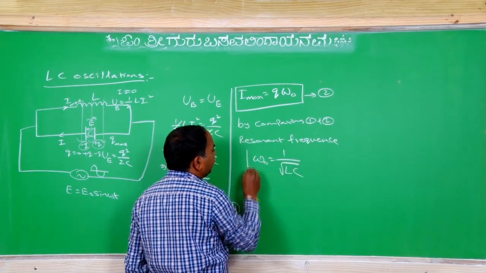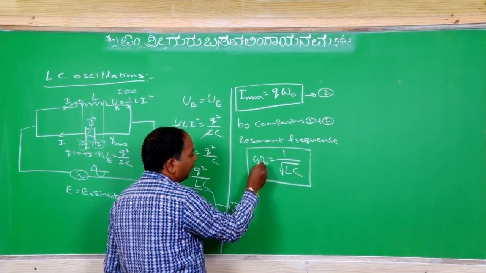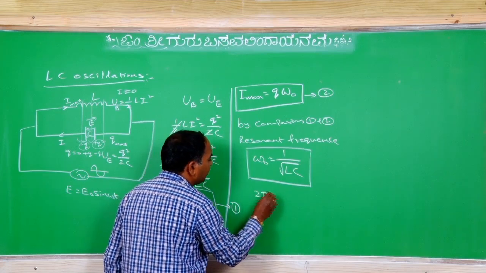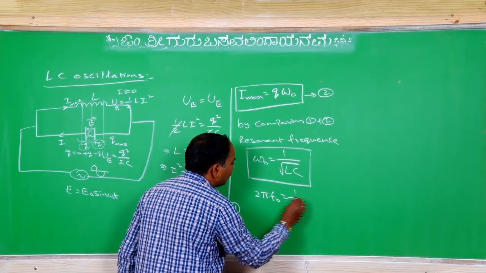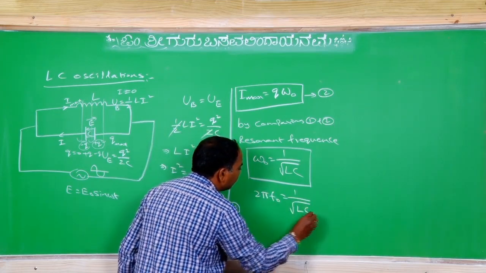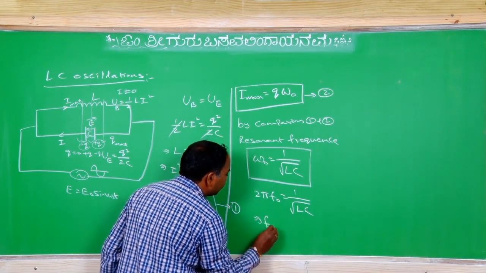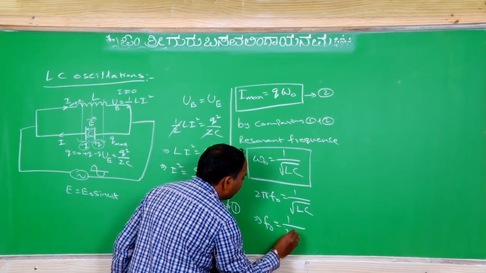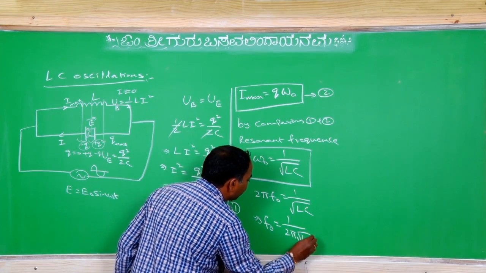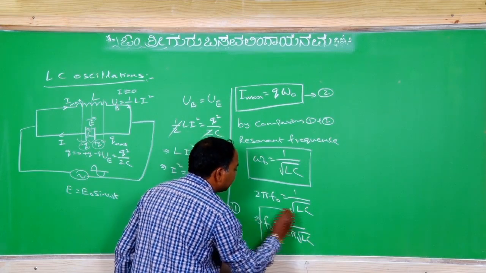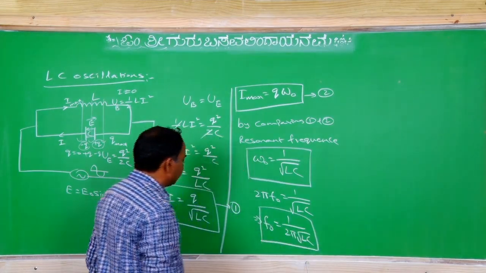If we write the resonant linear frequency, omega naught means 2 pi into f naught, that is equal to 1 by root L C. So from this, f naught is equal to 1 by 2 pi into root L C. This is the expression for